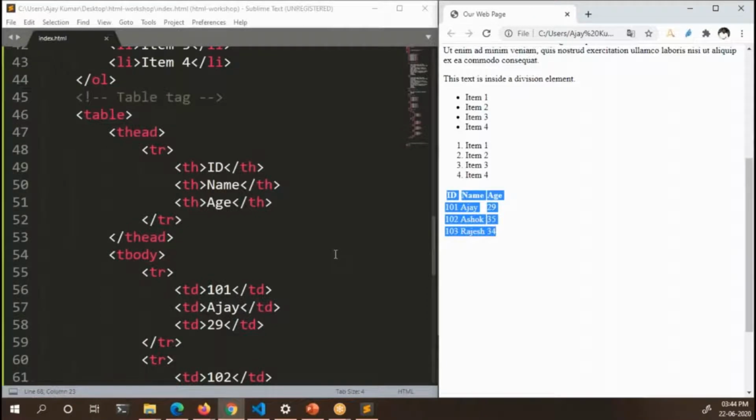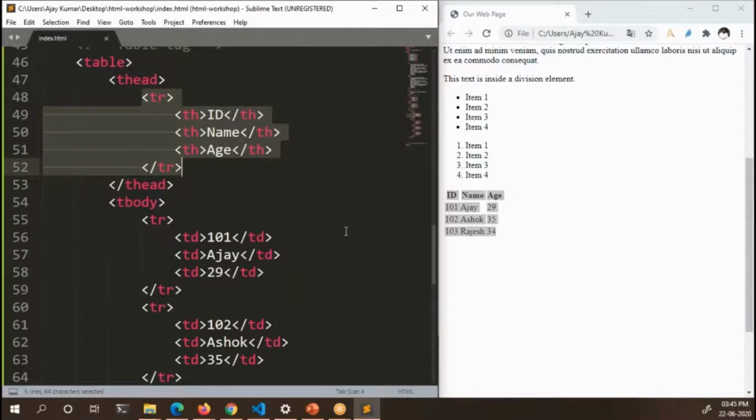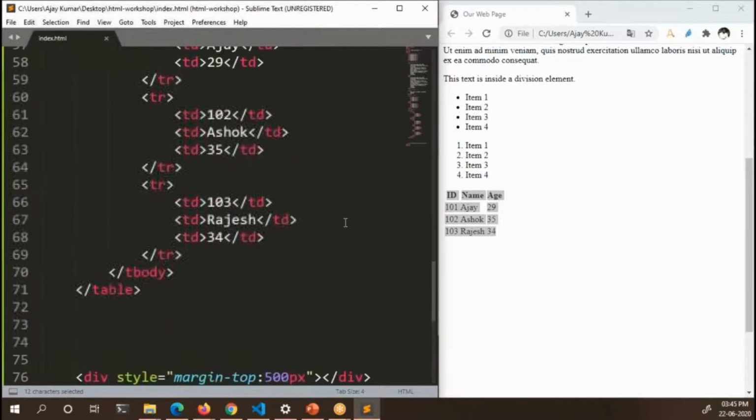We now have some advanced elements like CSS grid and flexbox, which can do much better than a table tag. It is not just not recommended, it is a very bad practice nowadays to use a table tag to organize your elements. But if you want to display data in a table format, you can use a table tag. So remember, table, thead, tbody. Even without a thead, you can create a table with tbody. So remember, you will create a table as a collection of rows. You can create a table header with th and regular content with td, table data.